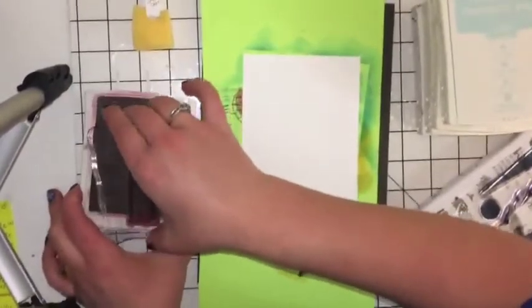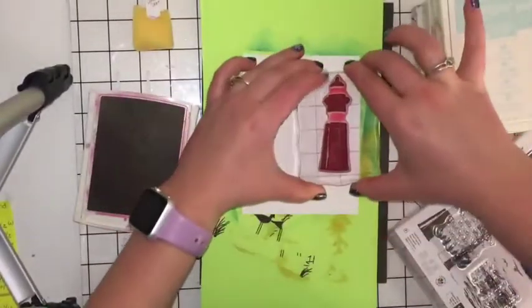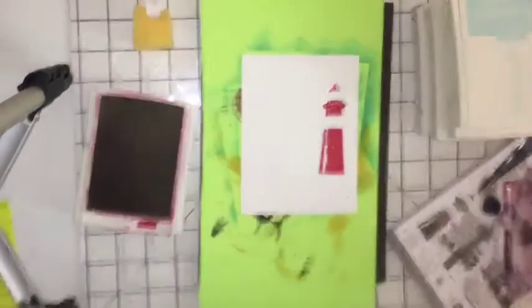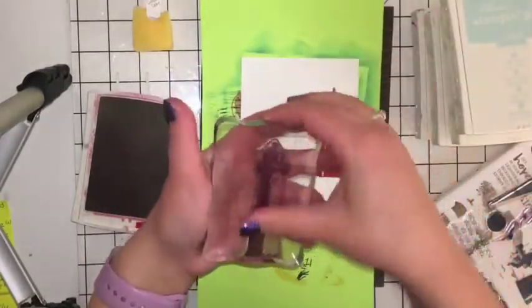That's one thing about these stamps, they really do stick sometimes when you place down. So you just want to be careful. You want to have a really good hold on your pad, or on your block. There we go. All right, next is going to be the black stamp, where we're going to have all the